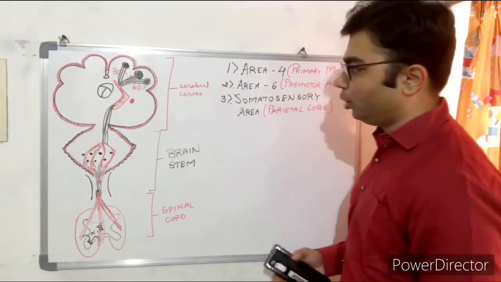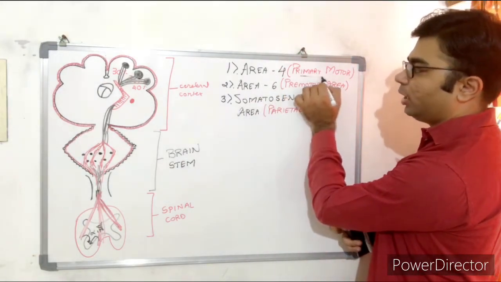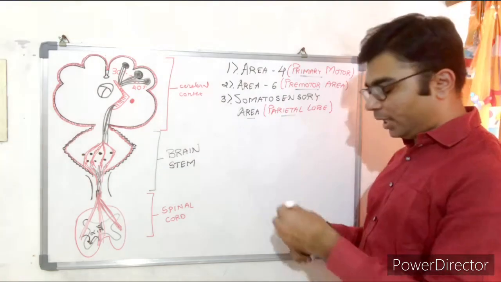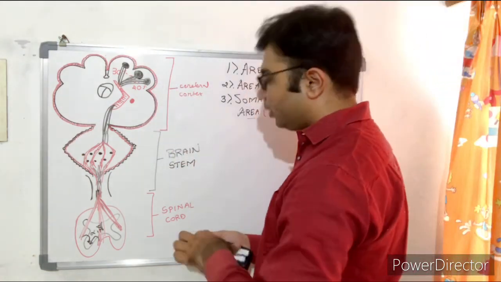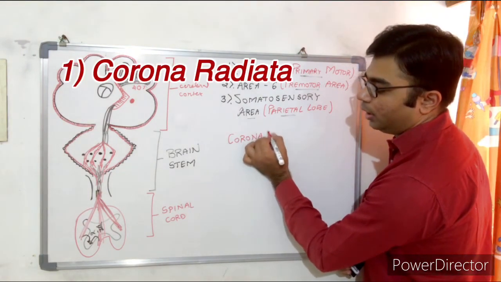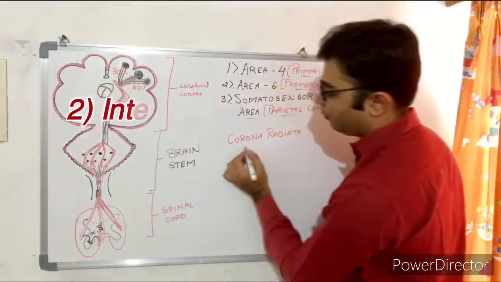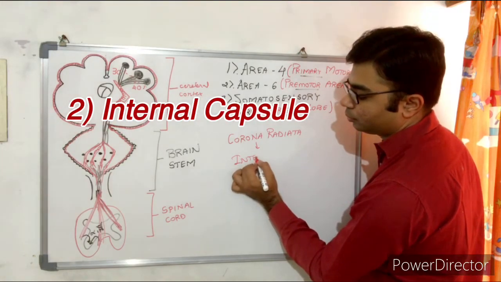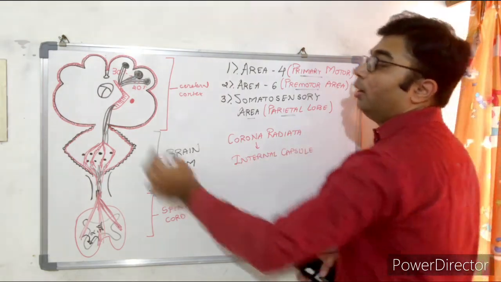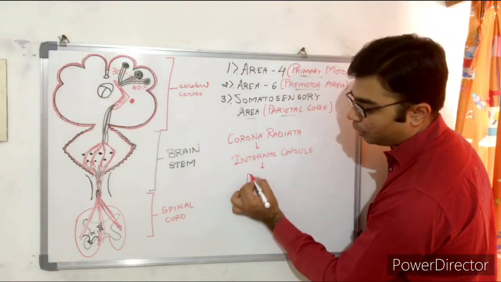So the first one is the origin. The origin is from three areas. Area number 4, that is the primary motor area. Area number 6, that is the premotor area, and the somatosensory area present in the parietal lobe. Then they form a corona radiata. Let me write it over here, that they form a corona radiata. From the corona radiata, it converges and forms the internal capsule. From the internal capsule, they go downward into the brain stem, and at the level of the pons,